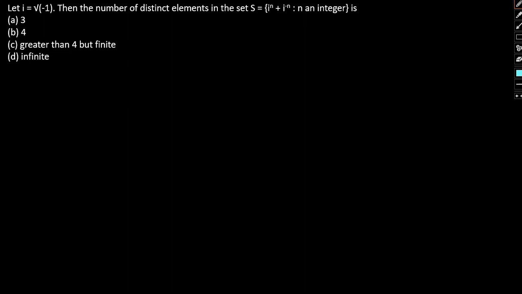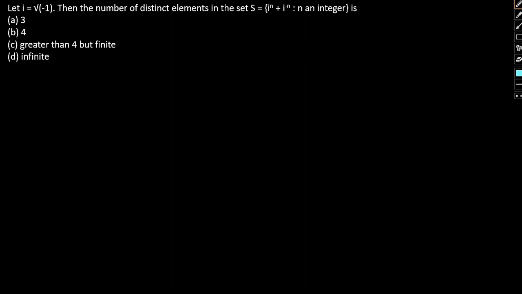So in this video again we'll be continuing our discussion with test of mathematics questions, wherein we will be discussing two or three different types of questions pertaining to complex numbers which we have seen across the test of mathematics papers. So let's take a look at this particular question.